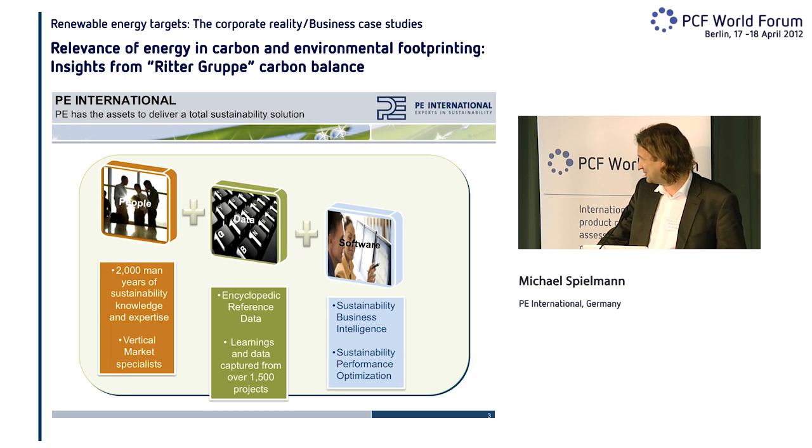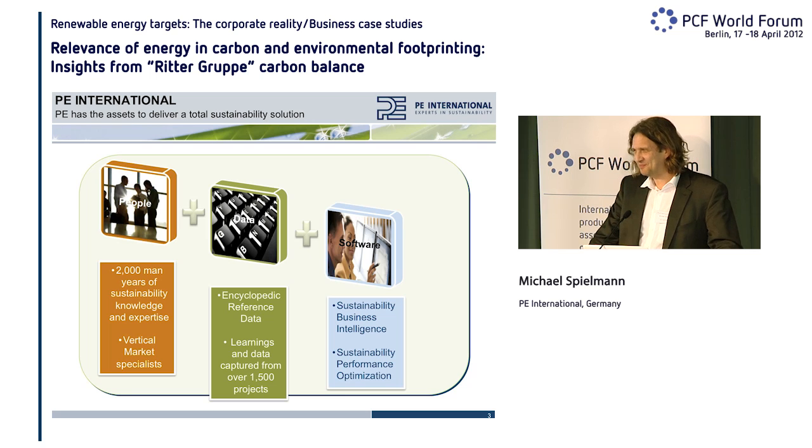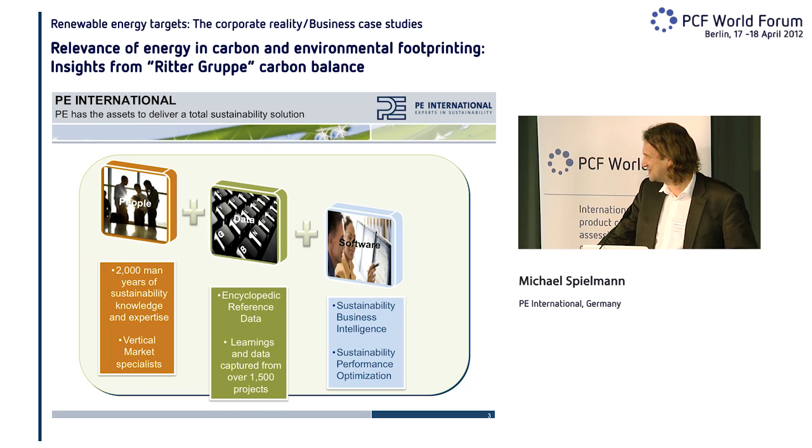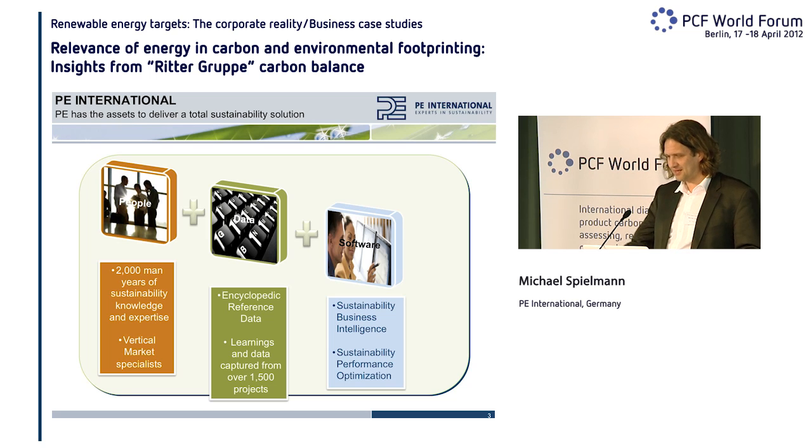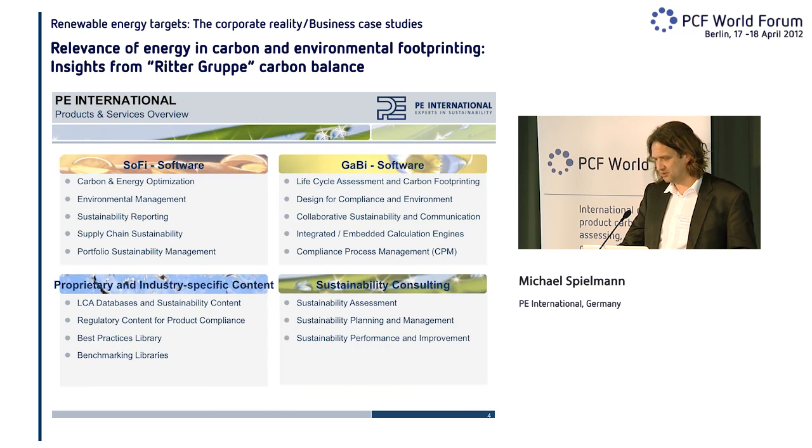I don't prefer to be data or software, but we also have a huge database, which is pretty much known as the Gabi database, and we also have two software products, which you can see on the next slide. It's the Gabi software and the Sophie software, one focusing on product or life cycle assessment and the other more on the enterprise level. But there are nowadays different interfaces available, and there's also possibilities to work together with SAP